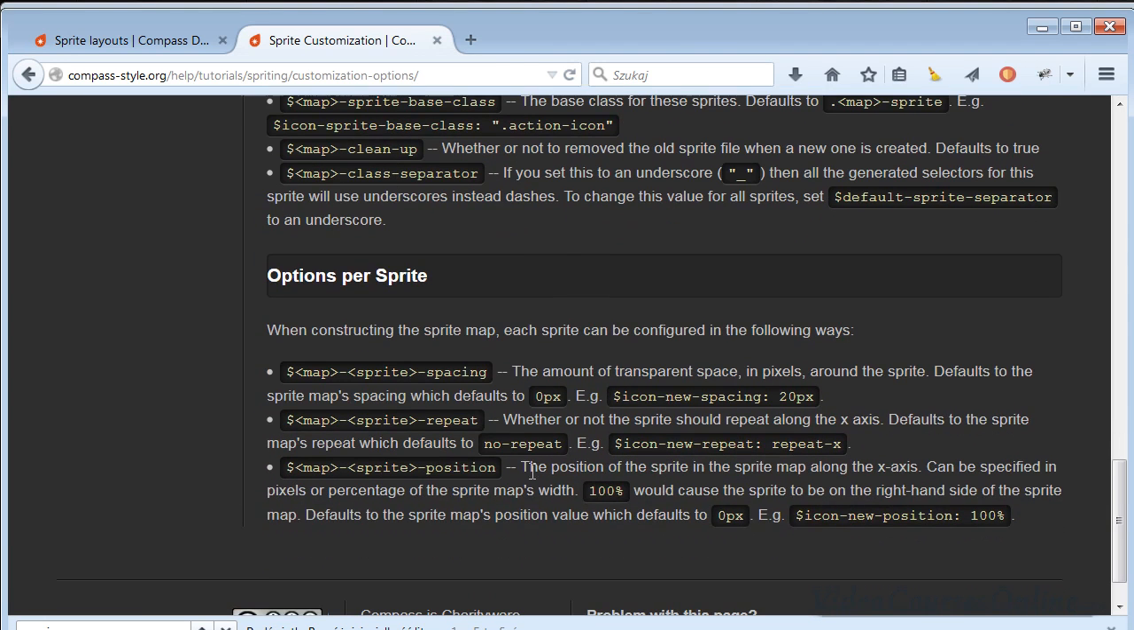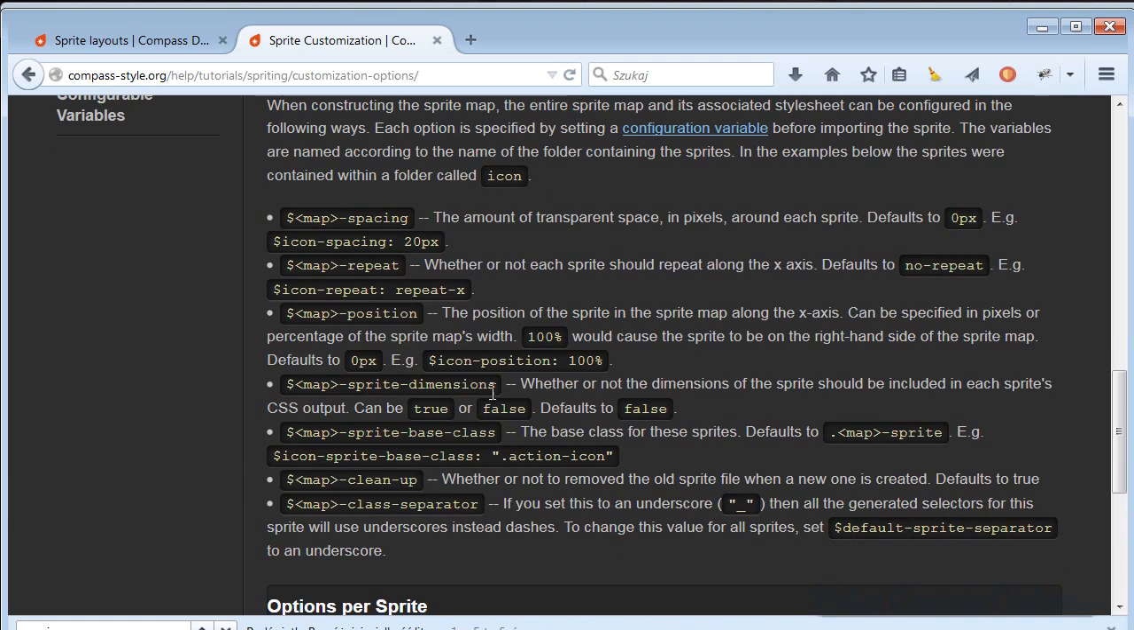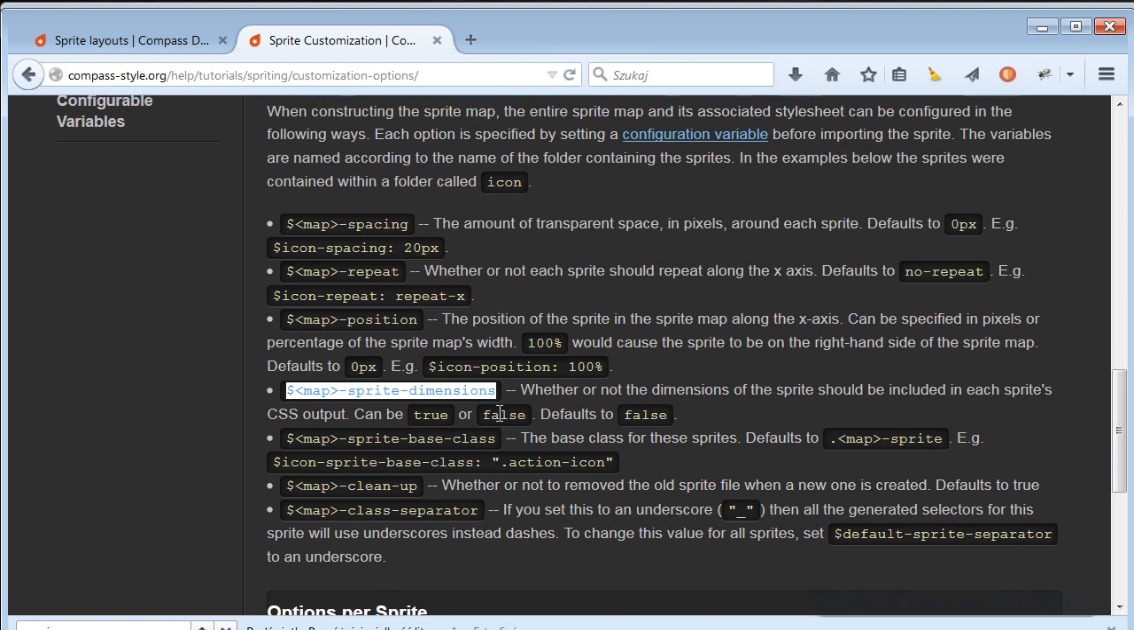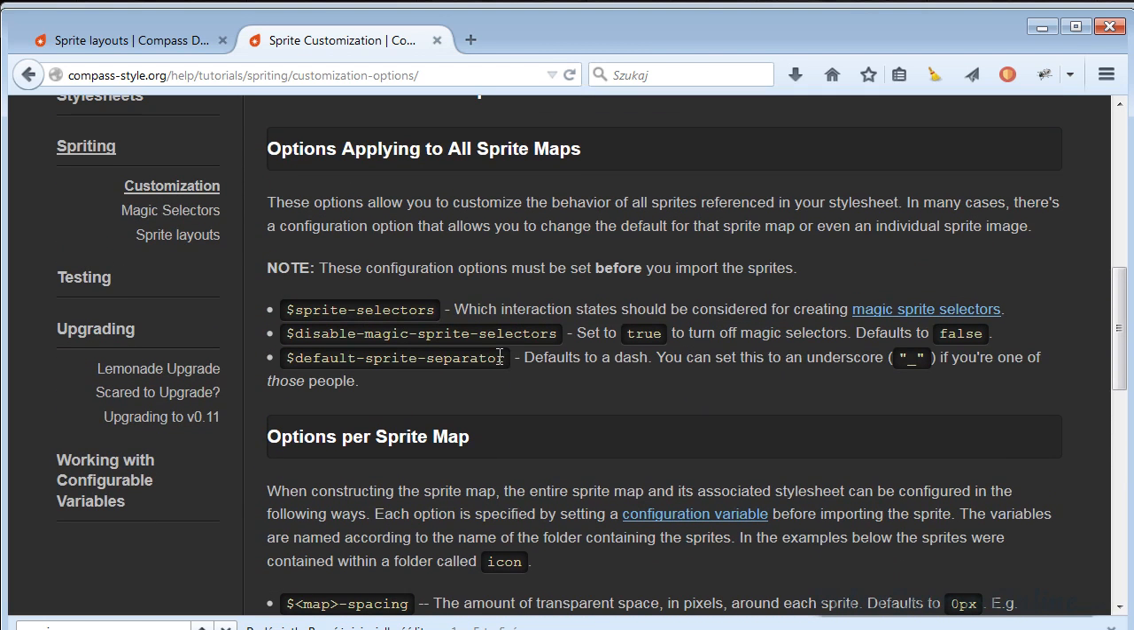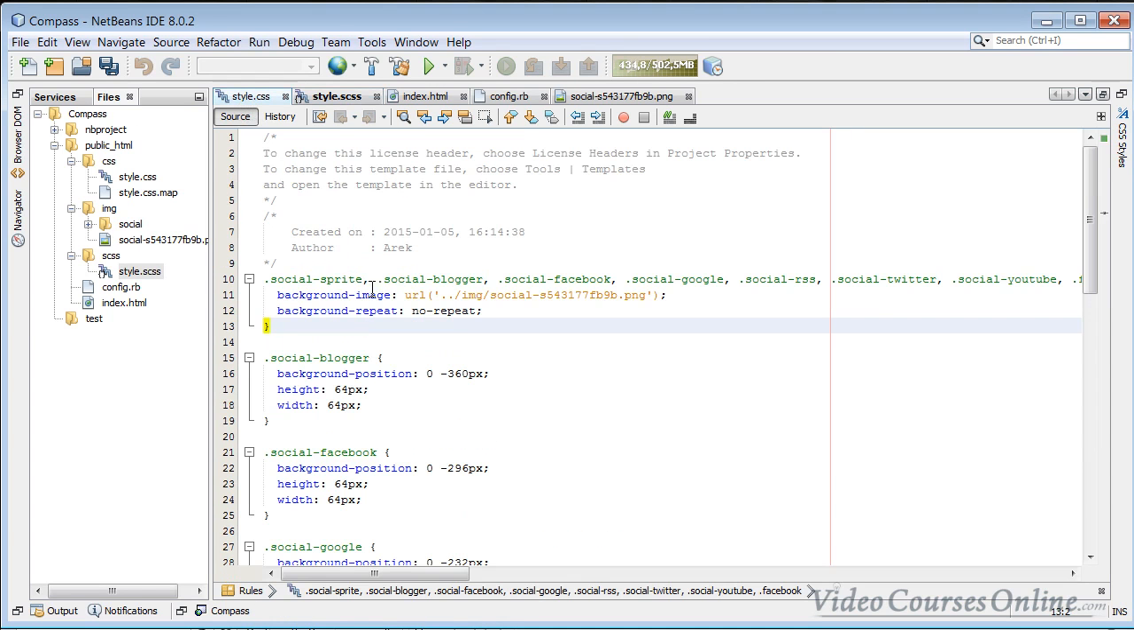Okay, you can change the position, spacing, repeat. That's, I think, a bad thing in your website, something to use only if you have to. But here is something that is useful. As you can see, these dimensions that I talked about in the last lesson, and I think the most useful thing here is also the default sprite separator, because this separator is looking like that, but